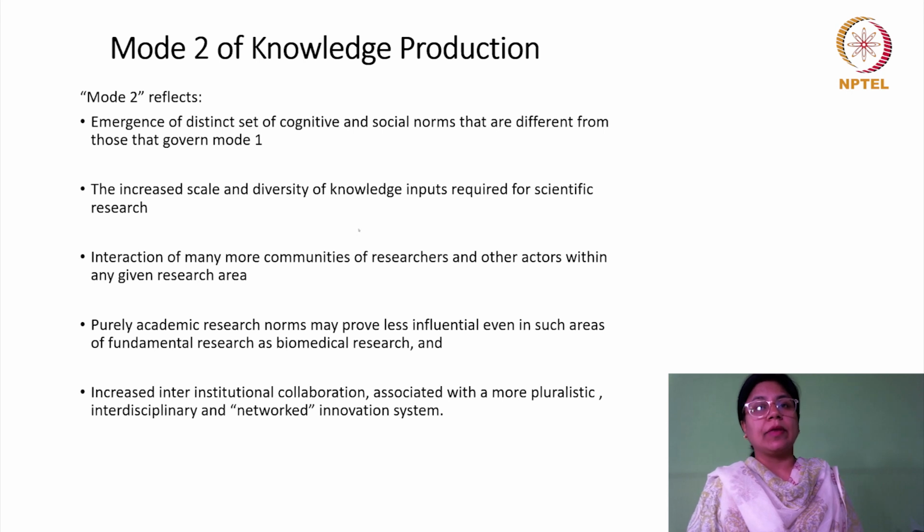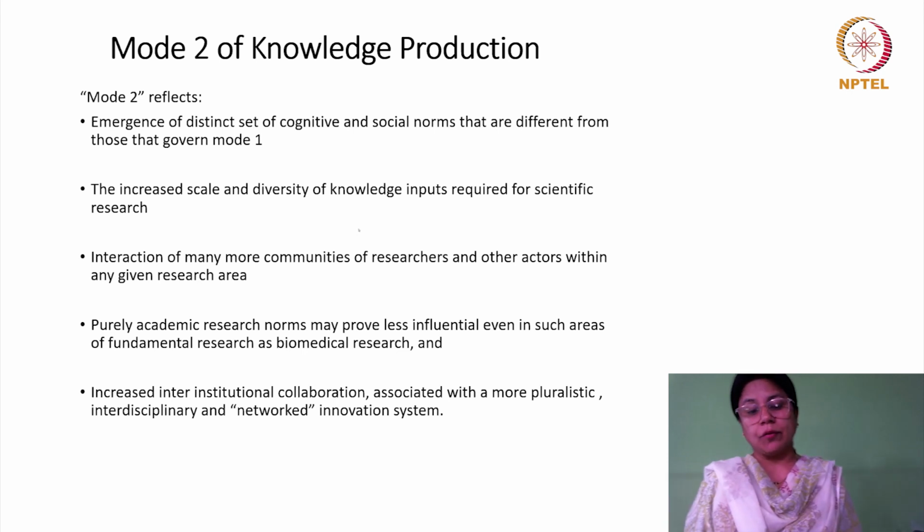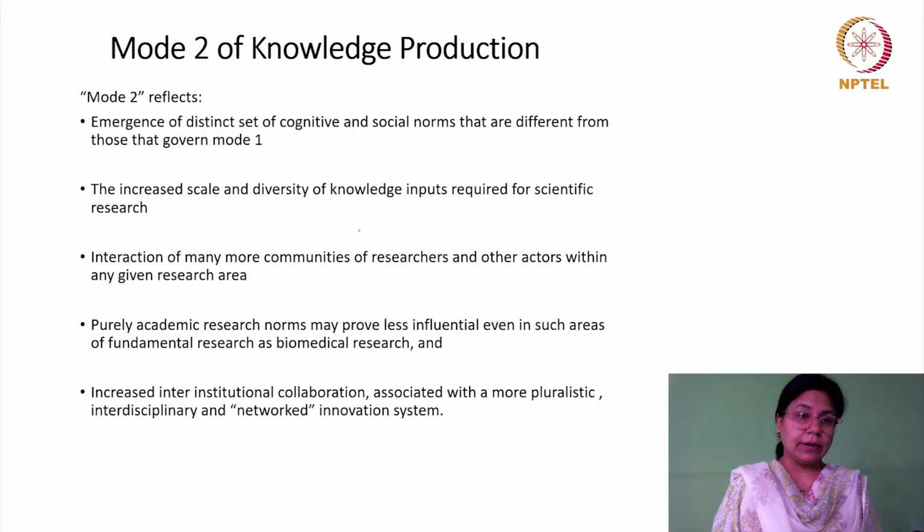Earlier, if you think of the early 19th century or maybe the early 20th century, there would be more watertight compartments. People might be working in one field or another field, and the interaction between them was rather limited. However, the way it has been perceived by Gibbons et al., they look not only at the interaction within the different disciplines, but also between the different institutions. Institutional collaborations become very important in order to tackle the various challenges of the late 20th and the 21st century, particularly in the case of health as well as climate change.